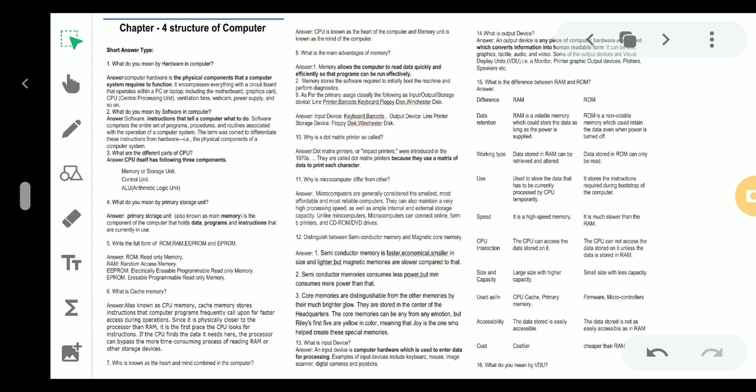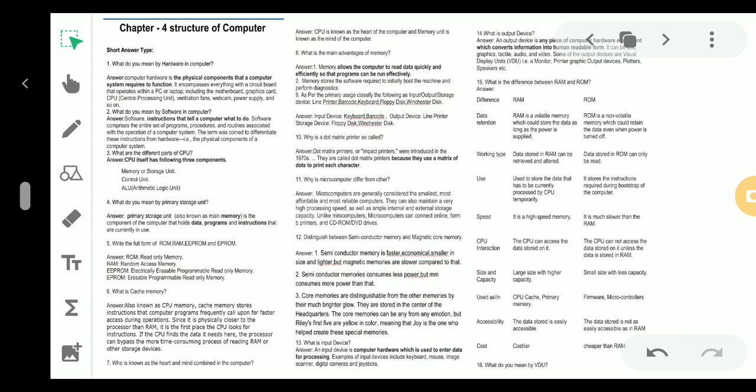The core memory are distinguishable from the other memory by their much brighter glow. They are stored in the center of the headquarters. The core memories can be any form of any emotion, but release fast fights the yellow in color, and meaning that joy is one of the who helps to create the